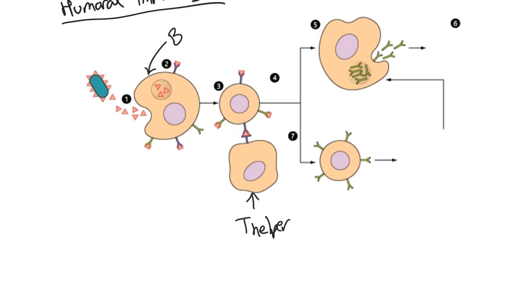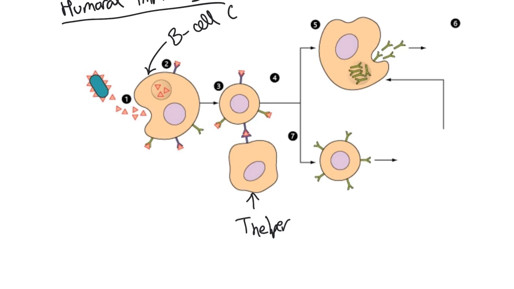This is a B lymphocyte. And similar to T cells, there are millions of different types of B cells, each of them with different complementary receptors on the outside. Now, this is not phagocytosis, although I appreciate it looks like that. What happens is, if this B cell comes into contact with antigens, like within a toxin or like the ones on the outside of a bacteria, it comes into antigens that it's complementary with, then it carries out endocytosis, brings those antigens within it and presents them on its own cell surface membrane.